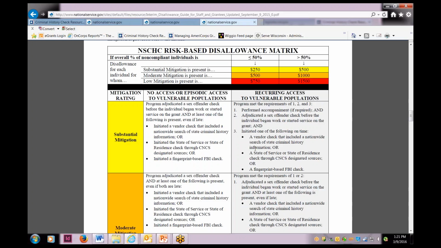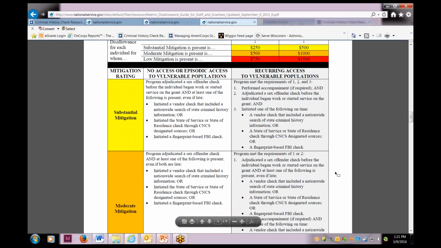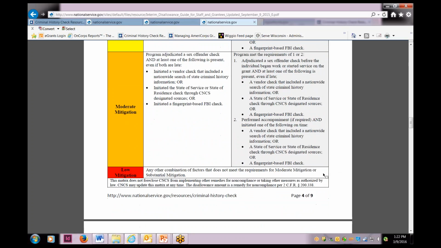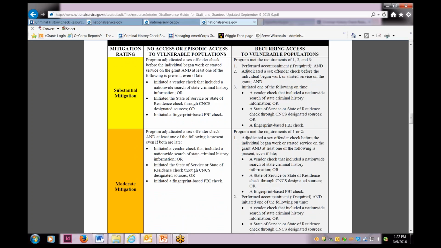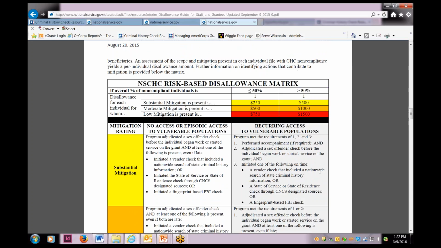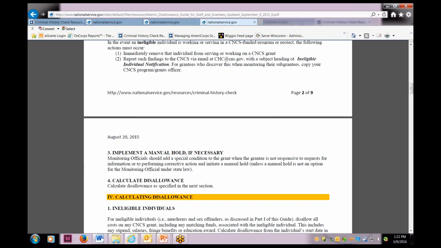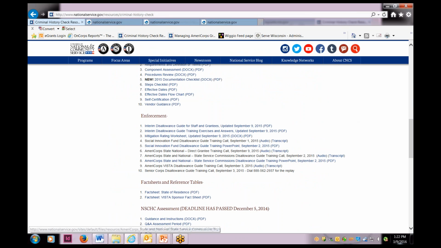I also want to point out that as you're preparing for any of your monitoring visits, if you notice that some of your checks were not done as they should have been, if you notify your program officer before we come and find it, there is a 50% forgiveness for that. Okay, so it's trying to help people. If you have something come up, just let us know, and you'll have a 50% waiver of that penalty. Okay, so that is that one.